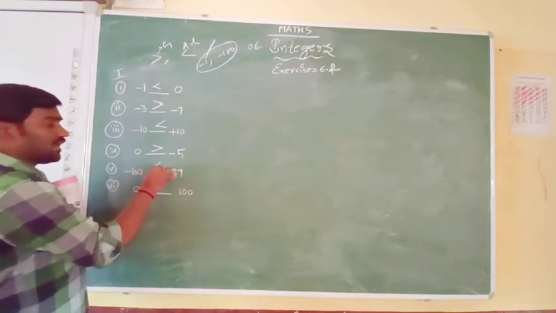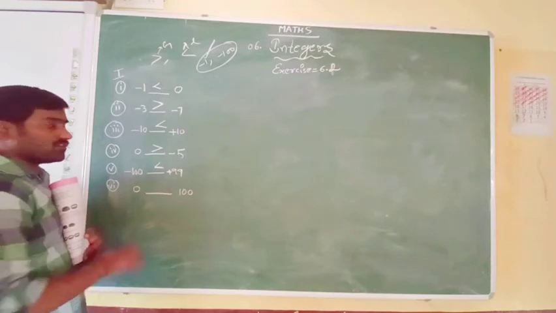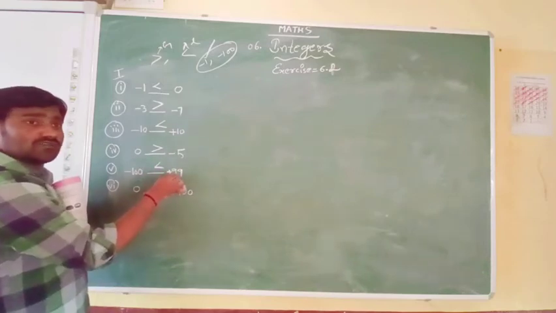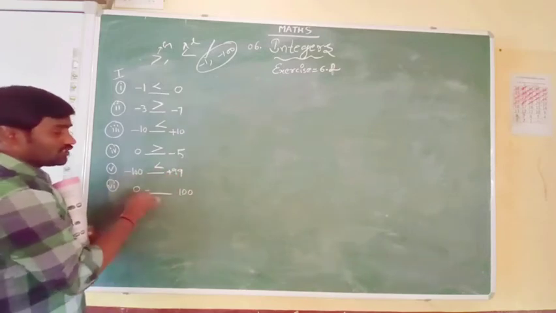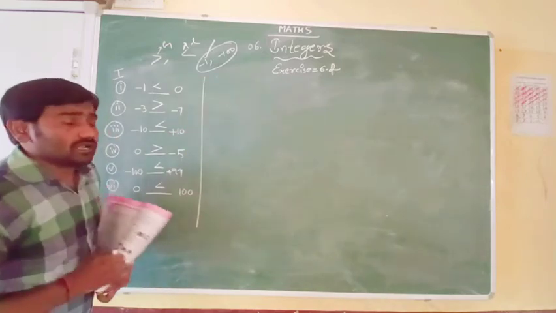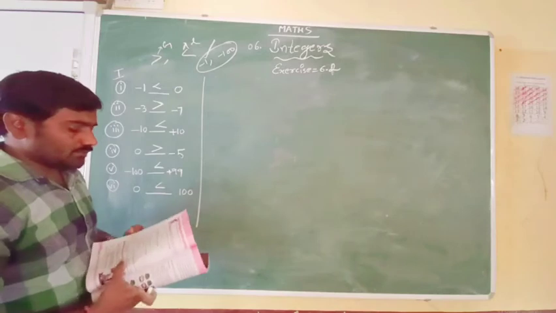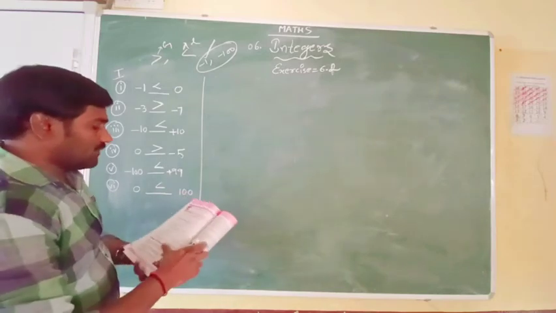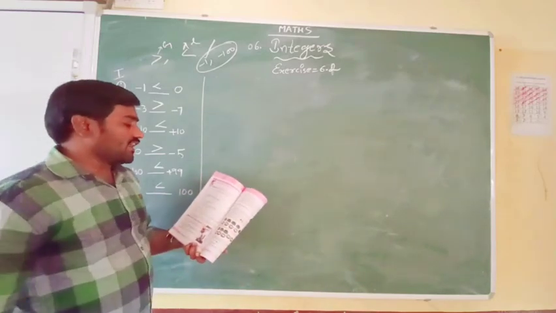-100 and 99, 99 is plus 99. If there is no symbol, it is always a plus. And 0 and 100, always 100 is greater. So you have to look at this when comparing the numbers. Okay, here the second bit is that write the following integers in the